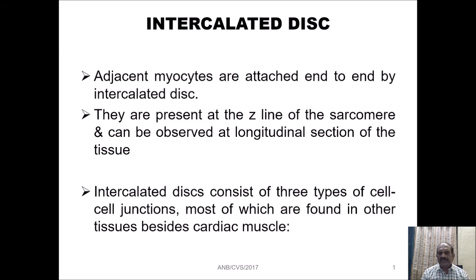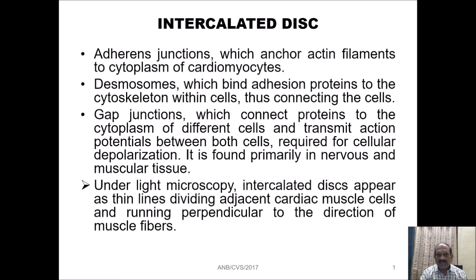Now, what happens here in the intercalated disc? Adjacent myocytes are attached end to end by intercalated discs. They are present at the Z lines of the sarcomere and can be observed in a longitudinal section of the tissue. Intercalated disc consists of three types of cell junction, most of which are found in other tissues besides cardiac muscle. What are they? The adherens junction,